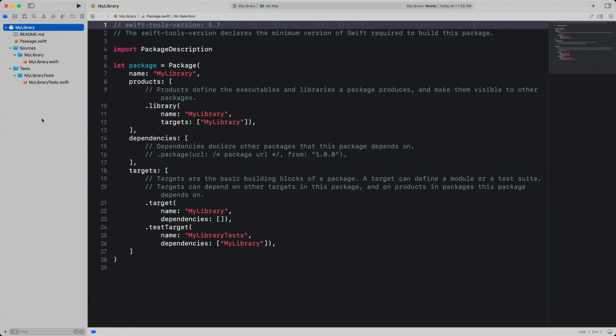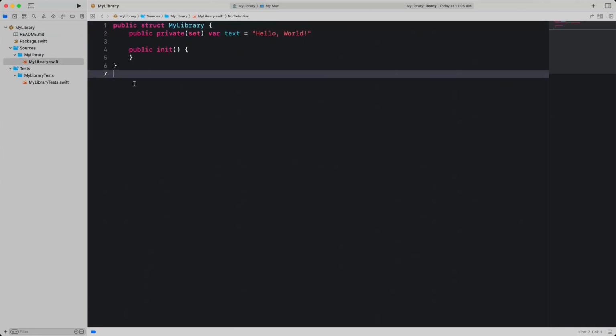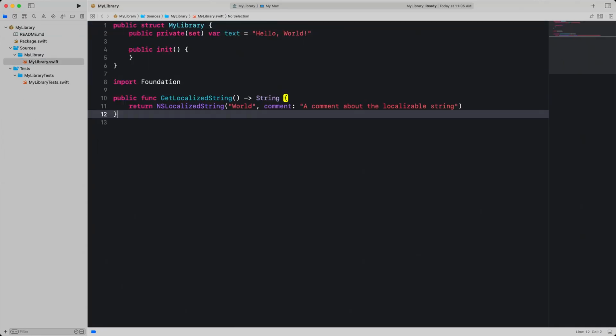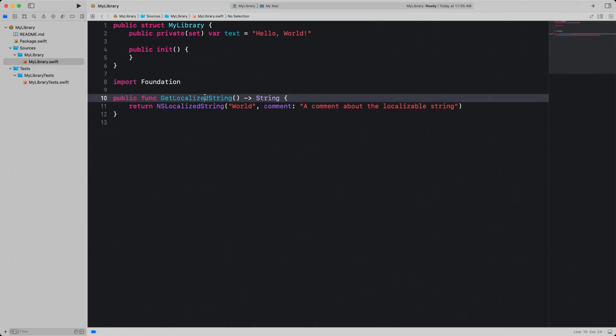Now that we've built our plugin, we'd like to test it out in a separate example package. For that, let's create a new package from template. We'll add an API that provides a localized string to the package, and add a use of that in the generated test.